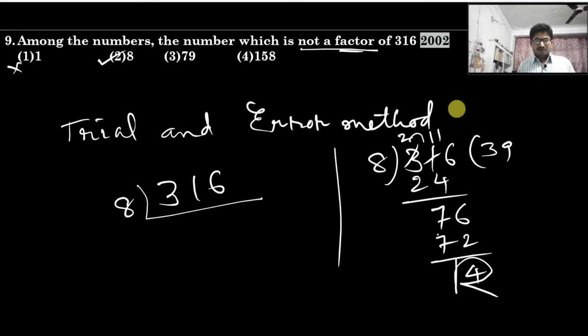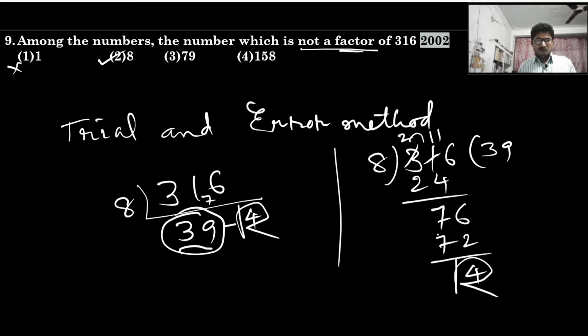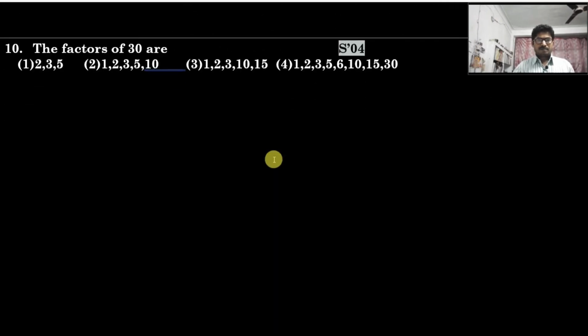So in this short division, children, you have to know short division. 8 threes are 24, 7 balance. 8 nines are 72, 4 remainder. So this is the method of dividing. This is the quotient, this is the remainder. Your wish, in whichever method you can do it, children.